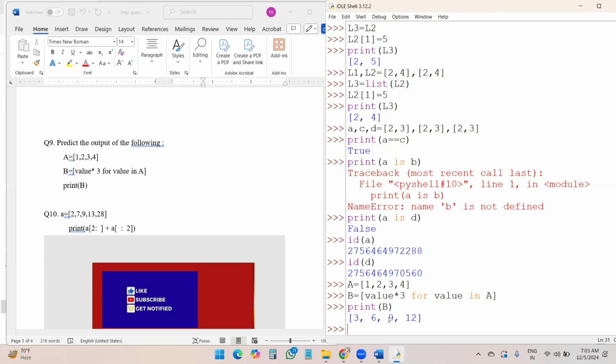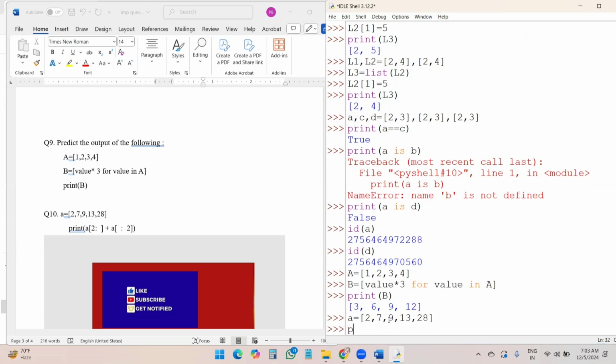Now we are having the last question of the session, student. A is equal to 2, comma 7, comma 9, comma 13, comma 28. This is a simple list I am having. And now I write print A 2 colon, this plus A colon 2.